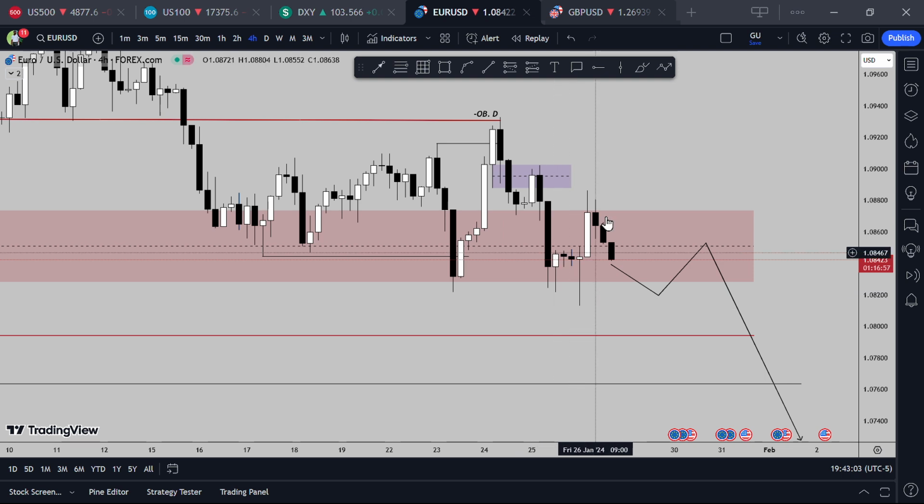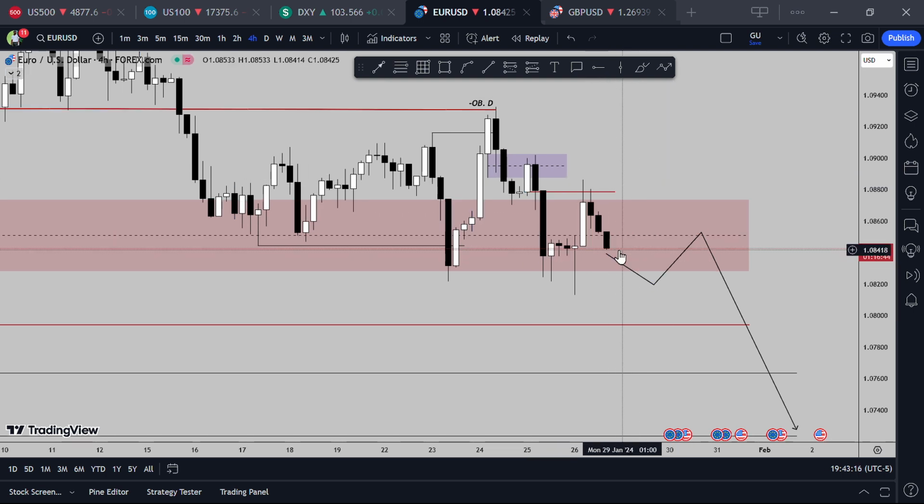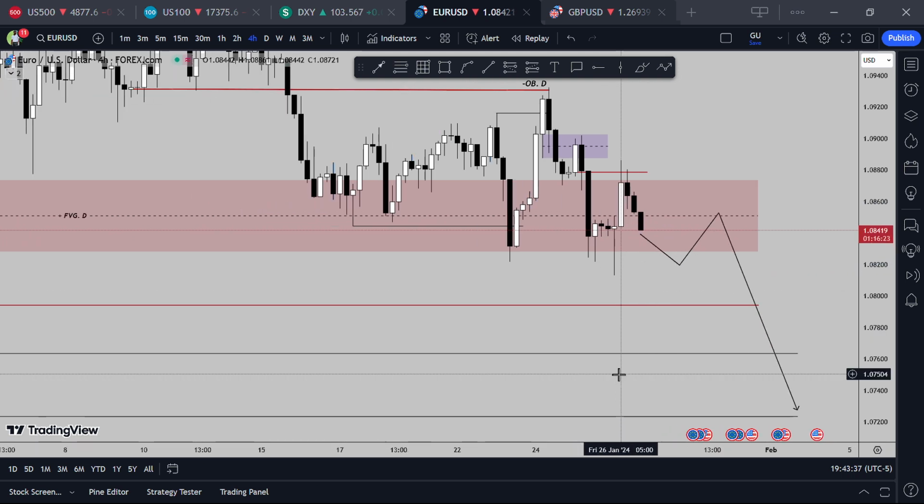Price has pulled back into premium of the dealing range, and you can see that we are respecting this bearish order block on the 4-hour chart. So as I said, I will expect either Monday to just pull back a little bit and reject, create the high of the week and sell off, or Monday can consolidate, because usually on Mondays you don't have high impact news. So my Monday can be just a small range, and then Tuesday can sweep Monday's high and then sell off these targets. Okay, so we are bearish